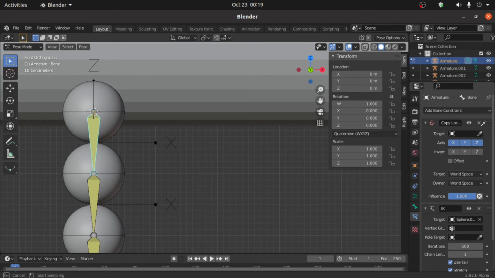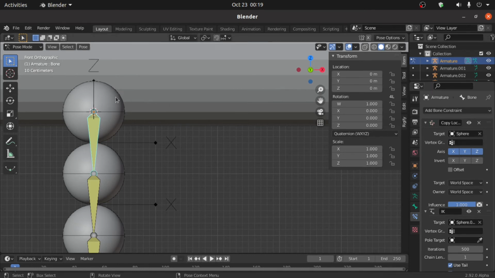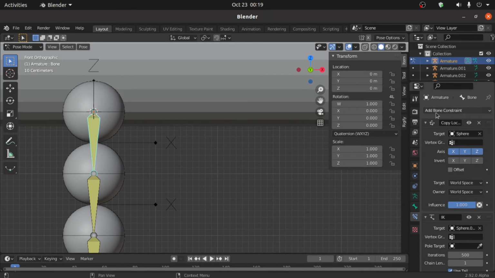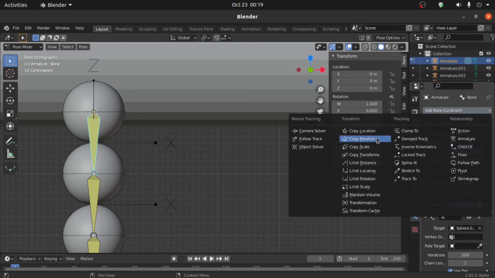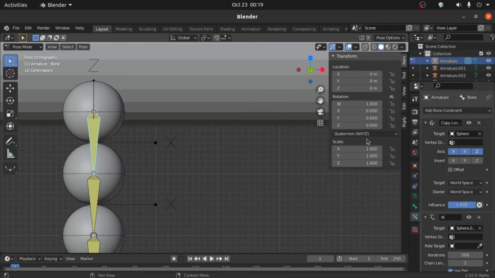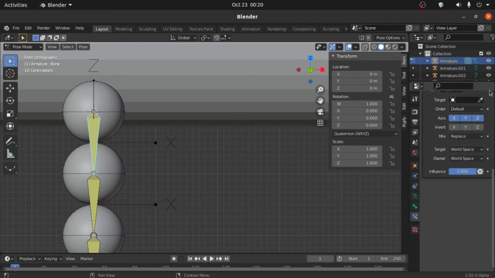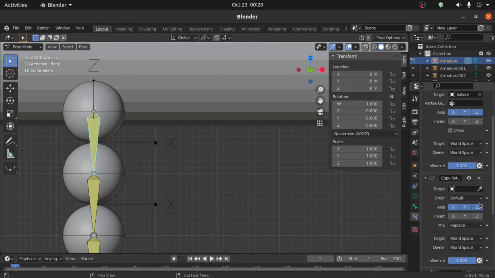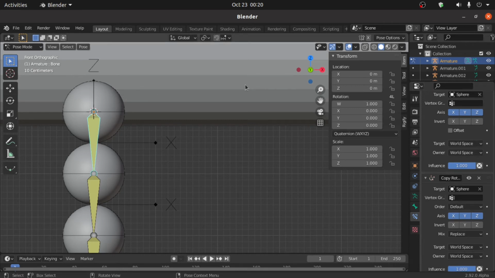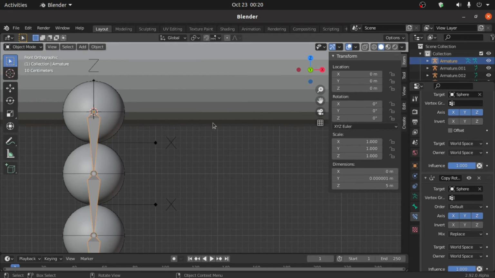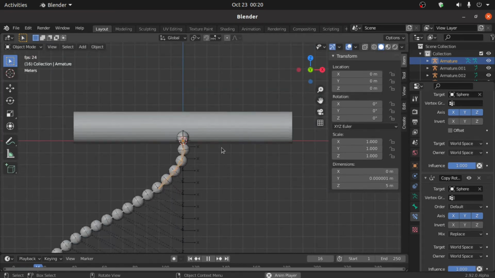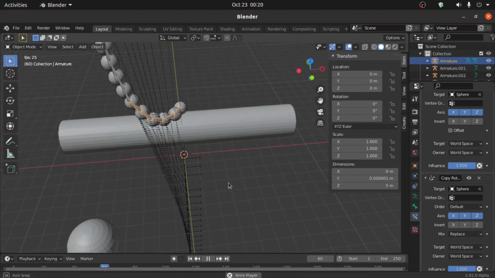Okay, now under this target, select the first sphere. Now again click on this bone constraint. Right now we have to select copy location. Also keep it above IK like this. Now under this target, select the first sphere. Now switch to object mode. Press space bar. You can see that this is working perfectly.